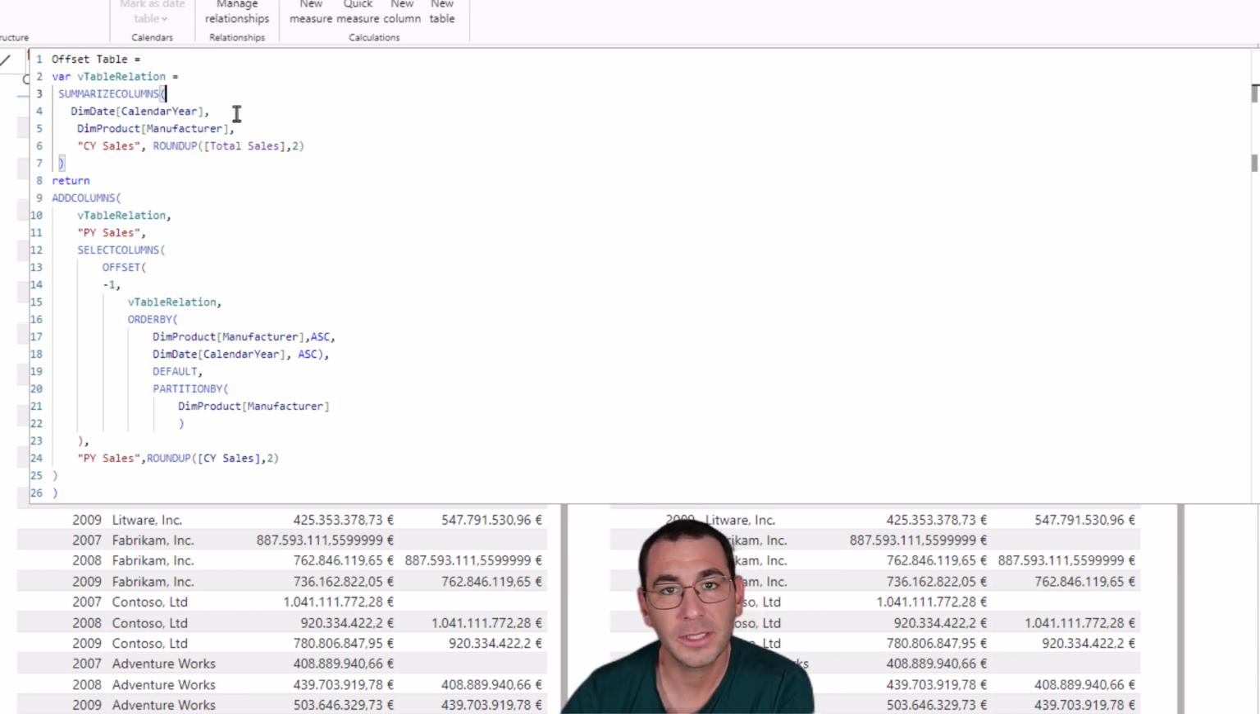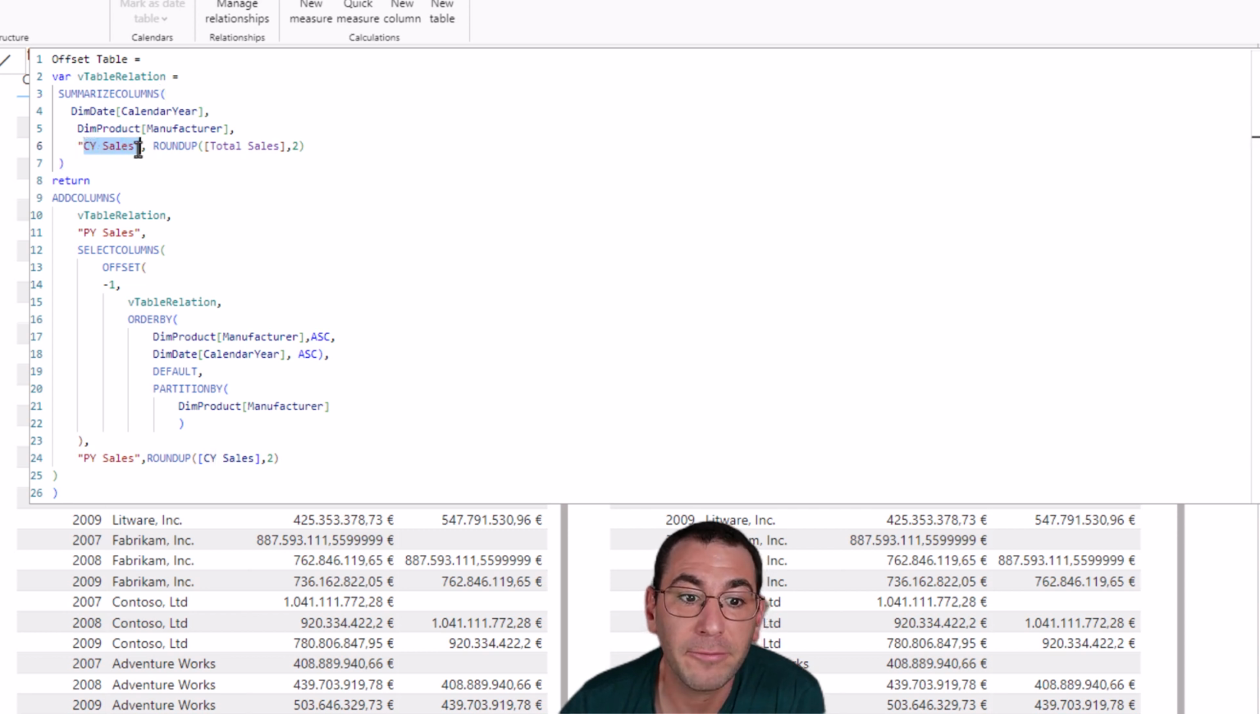This table is created from two columns from two different tables that have a relationship. So it is important in your data model that you have the existing and working relationship between these two tables. In this case, there are two dimension tables, first the date dimension table and then the product dimension table. I'm grouping these two tables by calendar year and manufacturer name, and then adding a further calculated column called current year sales, which is based on the total sales measure, and it is rounding this value up